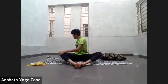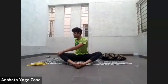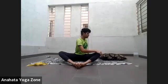Go on to the second side. Come back to the center, raise both the arms up. Go on to the first side. Back to the center. From there, move on to the second side. Back to the center. Lift both the arms up one last time on the right side, holding that for 1,